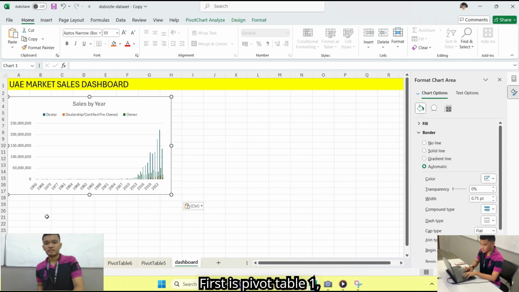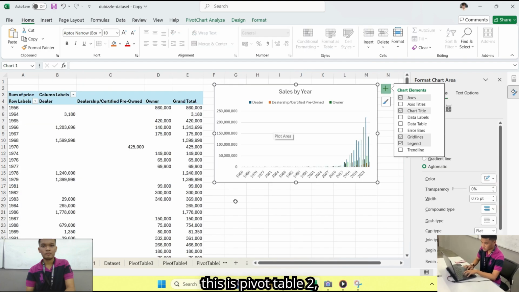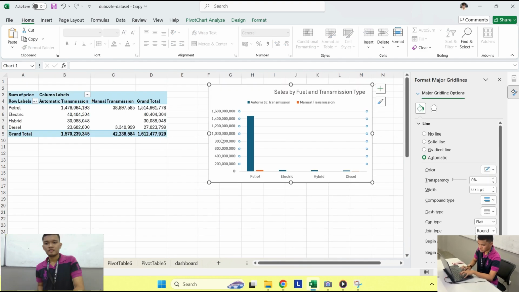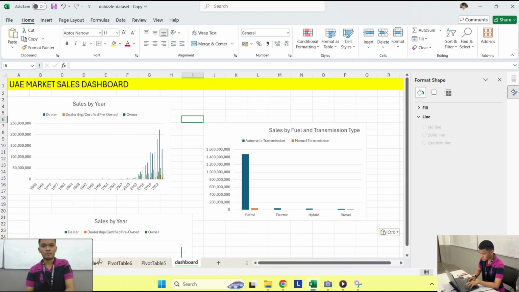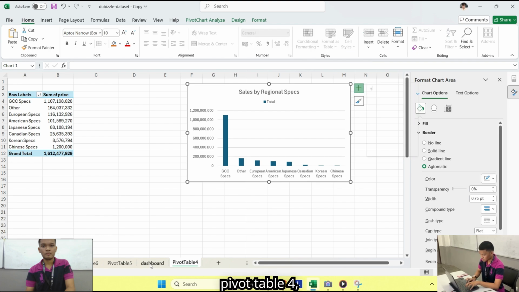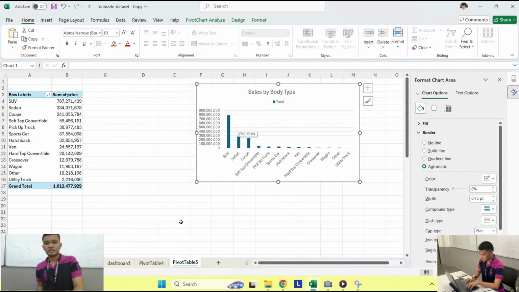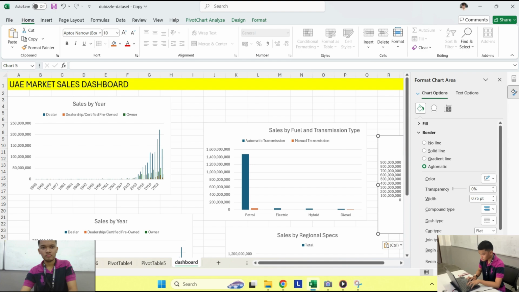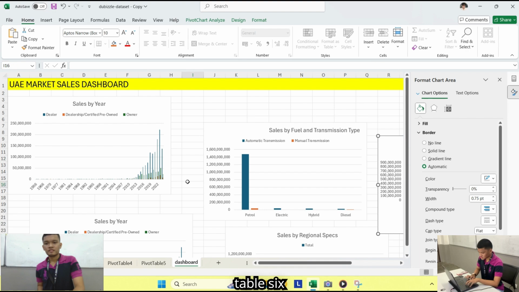First is pivot table 1, pivot table 2, pivot table 3, pivot table 4, table 5, and last but not least is pivot table 6.